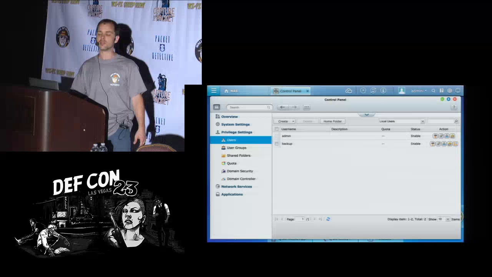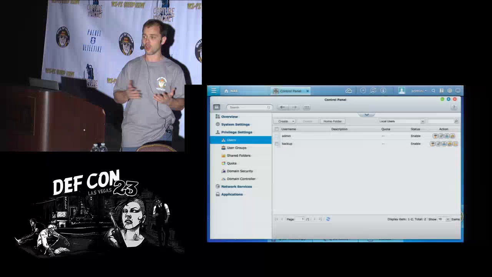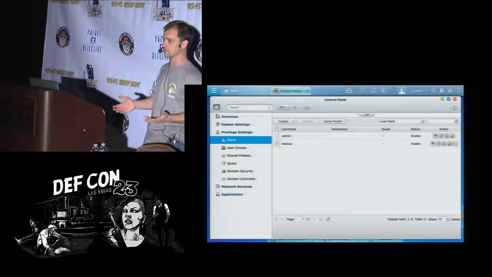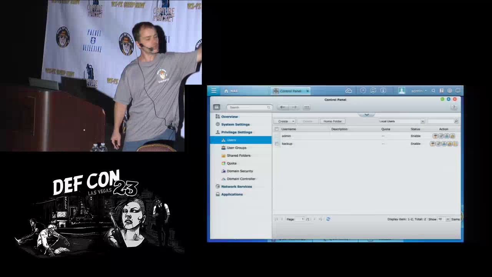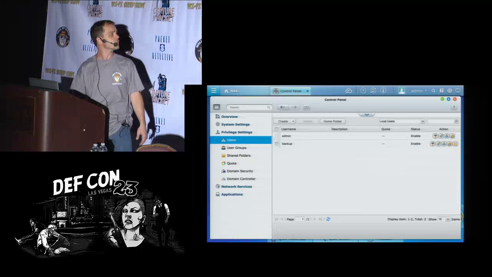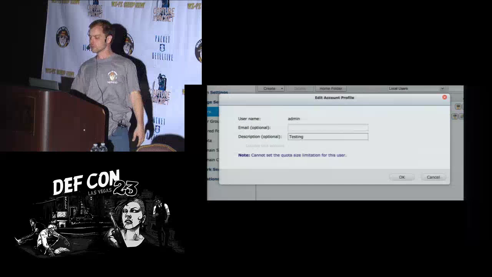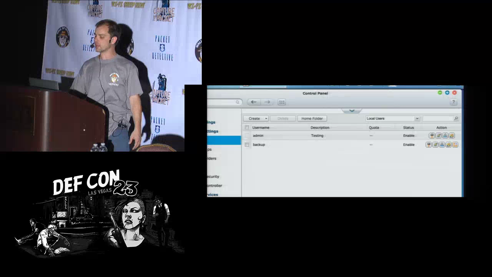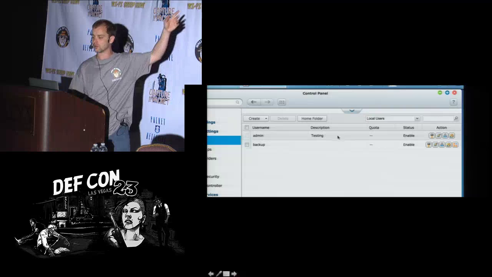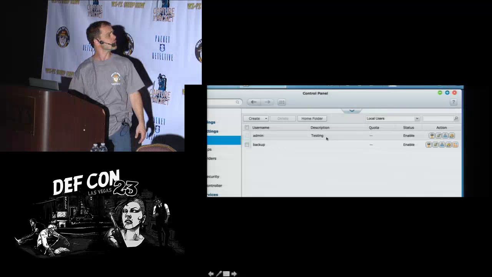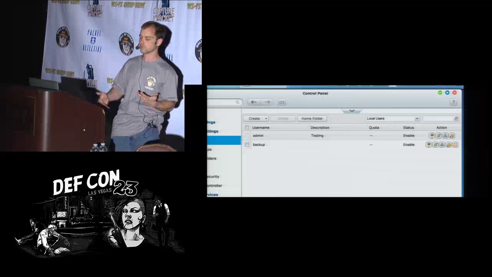Of course, with any expanded functionality, we run into a lot of security issues. And I was playing around, and I wanted to say, all right, I'm starting to learn about cross-site scripting. I'm far from elite. I'm just learning myself. So let's see what we can find. I was poking around in the system and I noticed here in the user interface, there was a section where there was a description. I took a look in the description and I could make an edit. When you make an edit in the description field, you can see right here it says testing. So I said, all right, well, what happens if I start entering cross-site scripting strings?